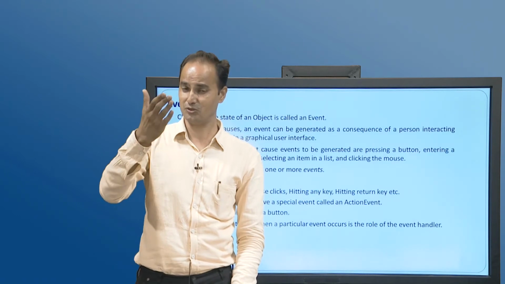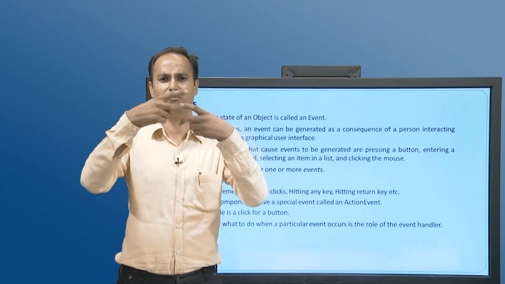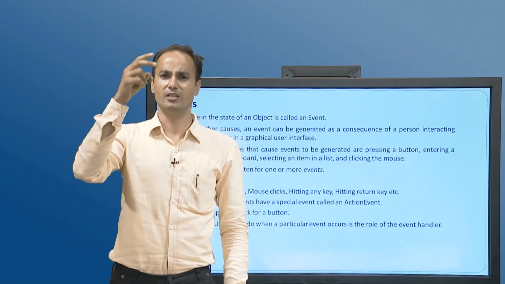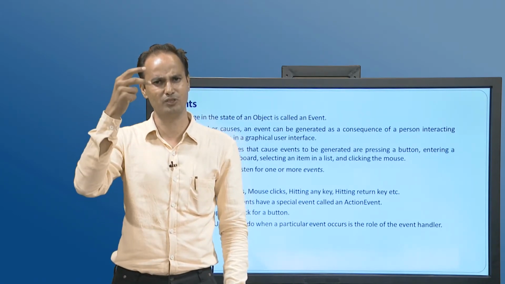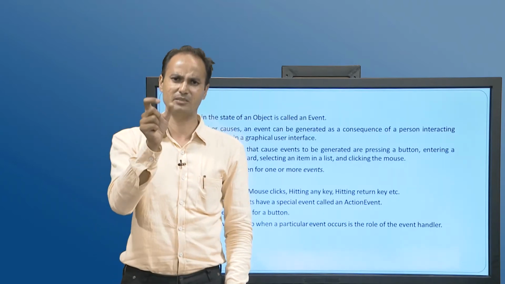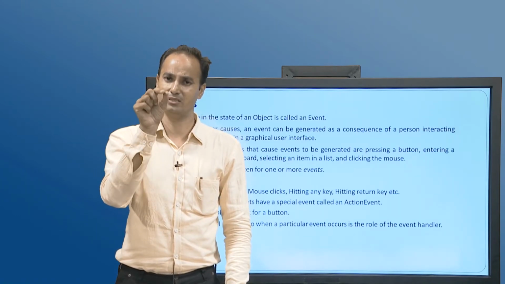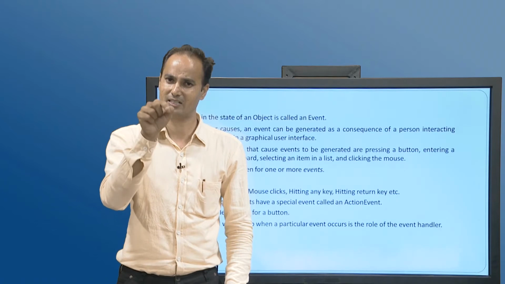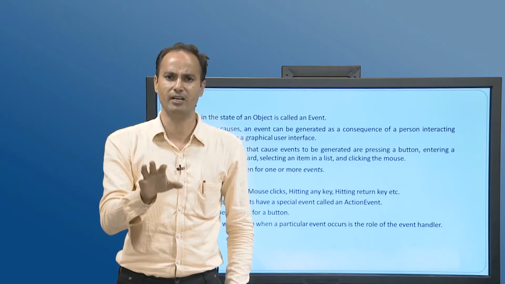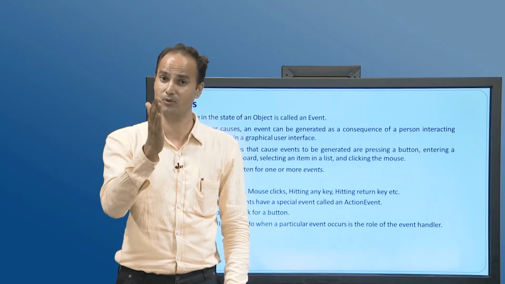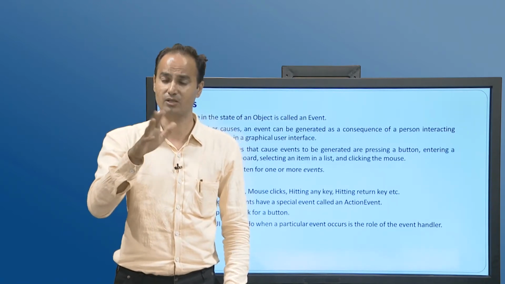Events happen in GUI based applications. Suppose we have two text fields, number 1 and number 2, and we want to perform operations like plus, minus or division, with the answer displayed in a third text field, and we have a simple button for summation or minus. When we click on a button, the click is nothing but an event, and that event is triggered. When we click on a text field to enter a value, an event is triggered, because the text field focus is changed and the text field has got focus. When we click on a button, the button has got focus. This is called an event.